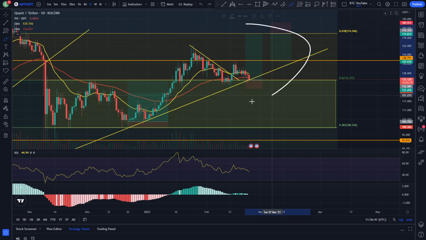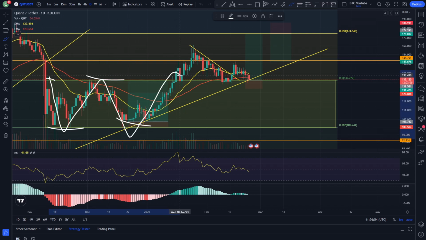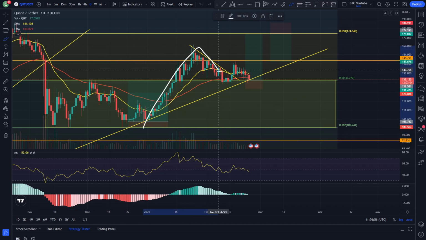But I will be trading these Fibonacci levels now because they do hold a lot of credence on most of the crypto charts, including Quant as well. You can see how well they have been respected in the past here. You could have shorted this, long this, shorted this, long this, and you would have made money on the downside and the upside here. And now that we have the breakout, the back test, and the back test again here,